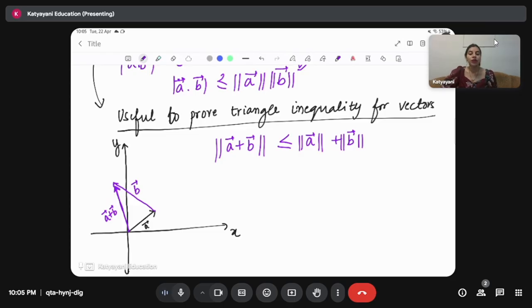वेक्टर्स में हम कैसे प्रूव करेंगे कि अगर हमारे पास दो वेक्टर्स है ए और बी और अगर मैं उनका सम लूं ए प्लस बी, देन द लेंथ ऑफ दैट वेक्टर ए प्लस बी हैज टू बी ऑलवेज लेस देन इक्वल टू वेक्टर ए, the length of vector a plus the length of vector b. So we have to prove that this length here,